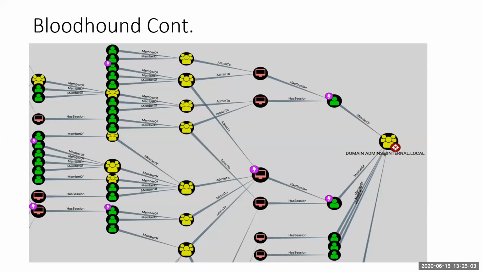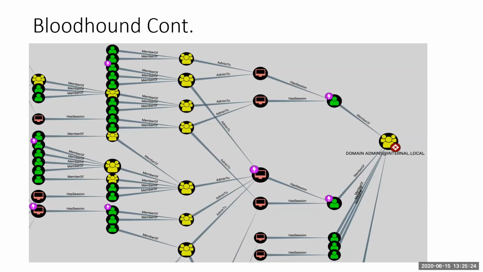This is what it looks like. As you can see, it tells you the users, and what group the user is a member of. And then it also shows you the pathway. Let's say you want to get access to a domain admin. It shows you,